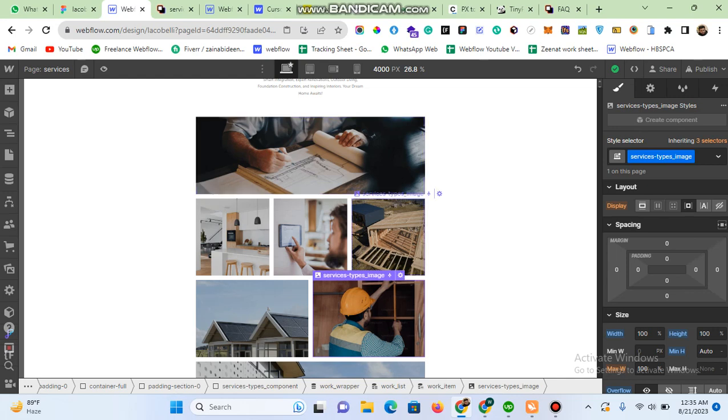CMS items within Webflow. So I'm going to explain this, but before this,